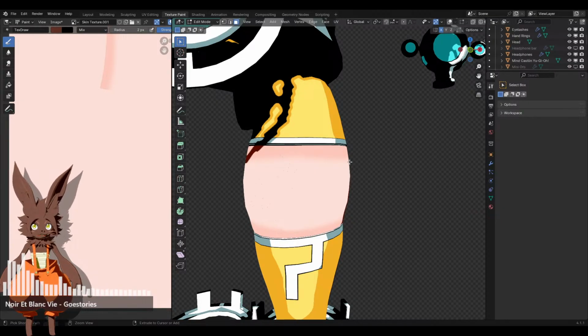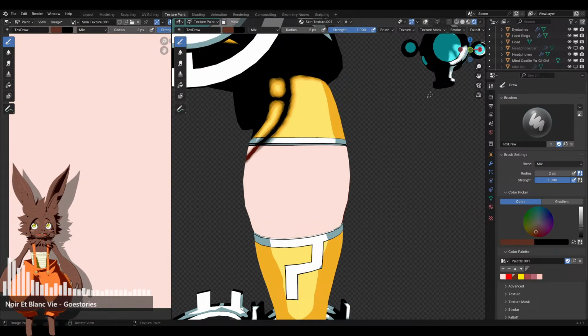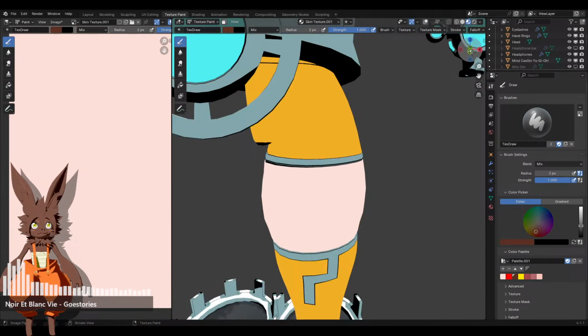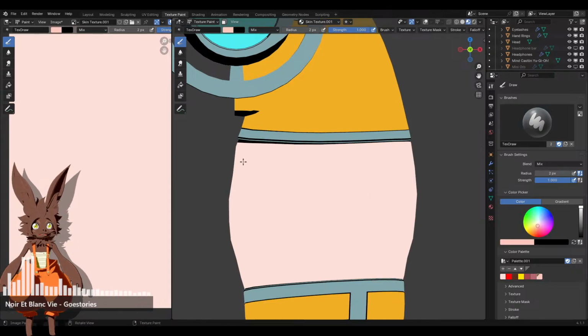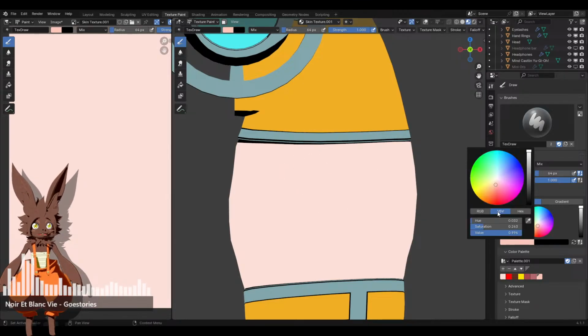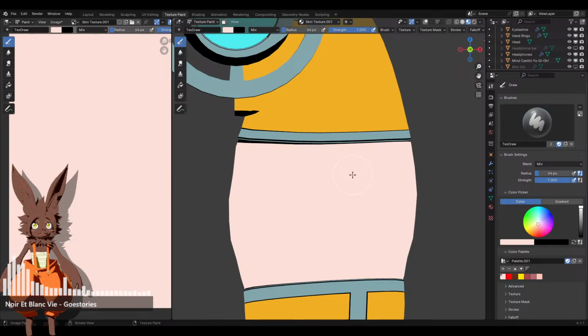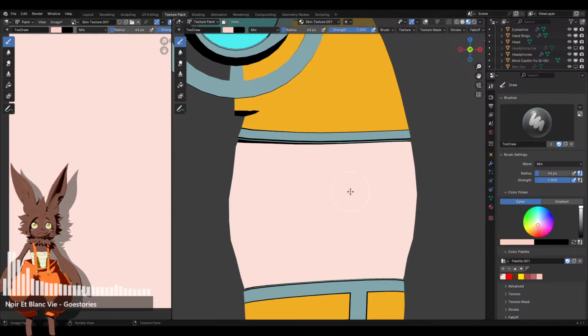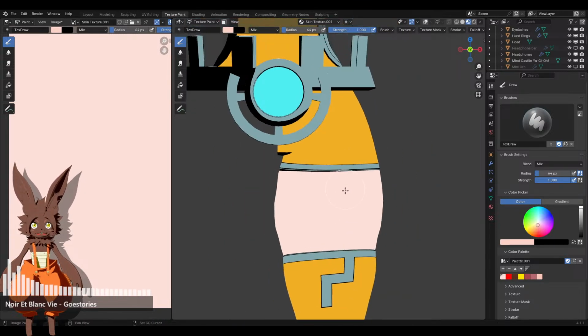I'm just undoing everything. Yeah, this color's too thick and it was too far down. We're using this color, I think. Yeah, it's too much for the base color. Then just a tiny bit of saturation. Yes, that's better. I'm gonna zoom out really far so this gets very blurry, and let's try to have it